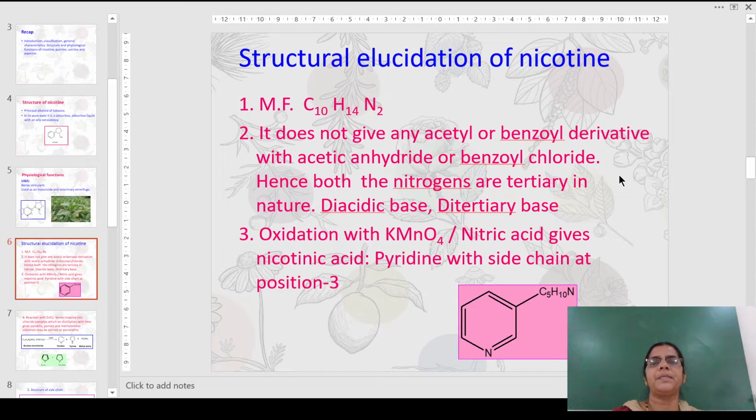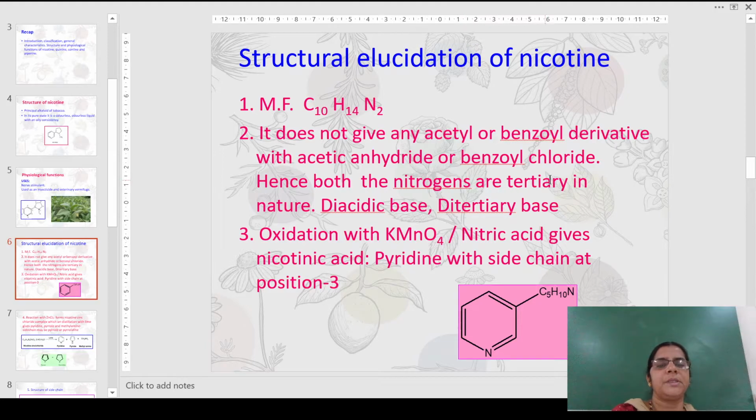Now let's start off with the structural elucidation of nicotine. It has a molecular formula of C10H14N2 as determined by the elemental analysis. So the first thing that we learn about the structure is how this nitrogen is present. We all know that alkaloids are basic in nature. So here it does not give any acetyl or benzoyl derivative with acetic anhydride or benzoyl chloride,